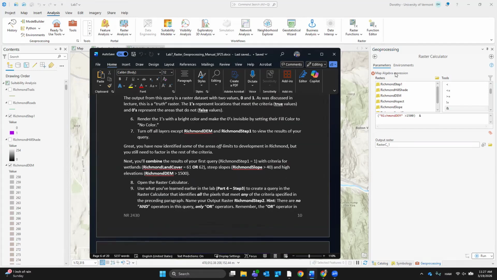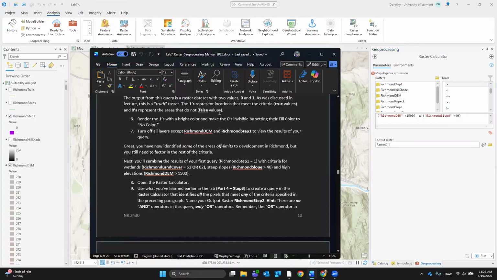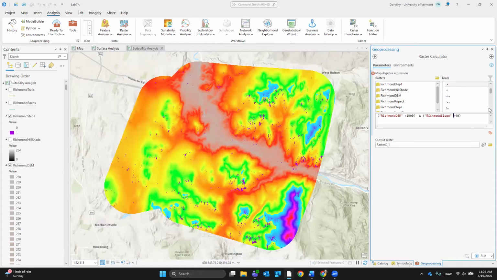Richmond slope is greater than 40. Okay. Slope is greater than 40. Parentheses around these two. And then what's the last one? Oh, land cover is 61 or 62. And land cover is equal to 61 or 62. So we're going to do double parentheses.